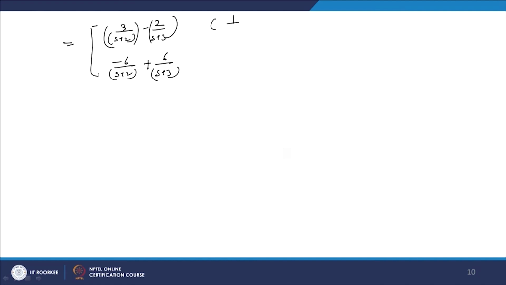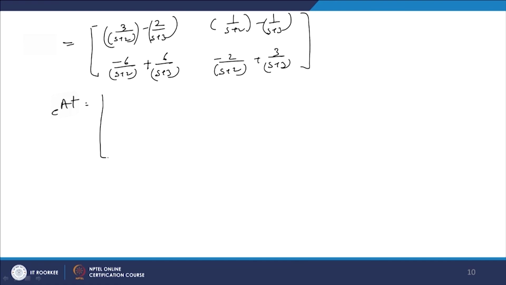So, we can write down the complete matrix as 3 by (s plus 2) minus 2 by (s plus 3), then here minus 6 by (s plus 2) plus 6 by (s plus 3), and here 1 by (s plus 2) minus 1 by (s plus 3), here minus 2 by (s plus 2) plus 3 by (s plus 3),